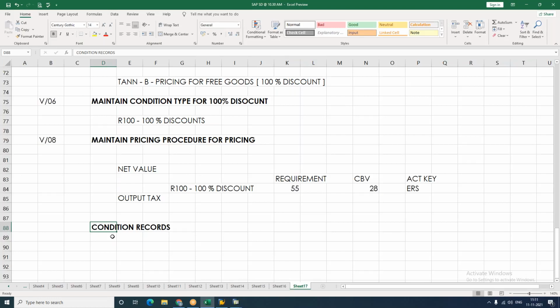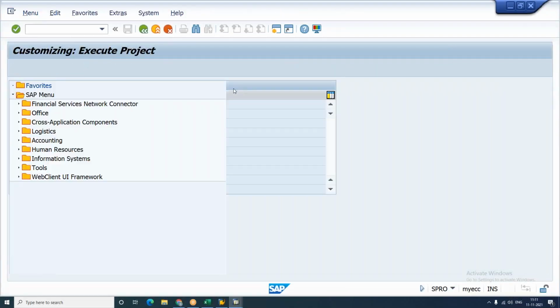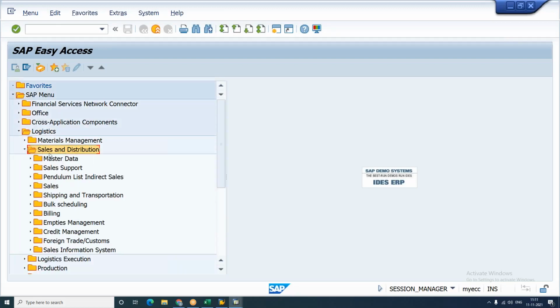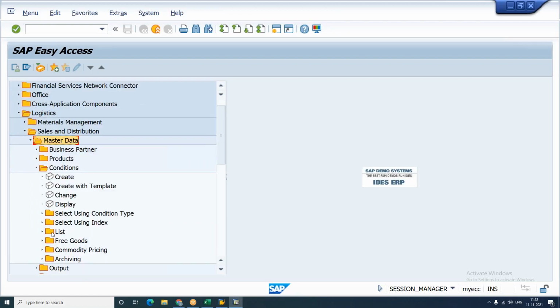Now, how to maintain these records? We are going to be using transaction code VBN1 for create mode, VBN2 for change mode, and VBN3 for display mode. These are the transaction codes used. So I'm trying to maintain the records over here. It's a part of your easy access. So get into logistics, sales and distribution, master data, under conditions,